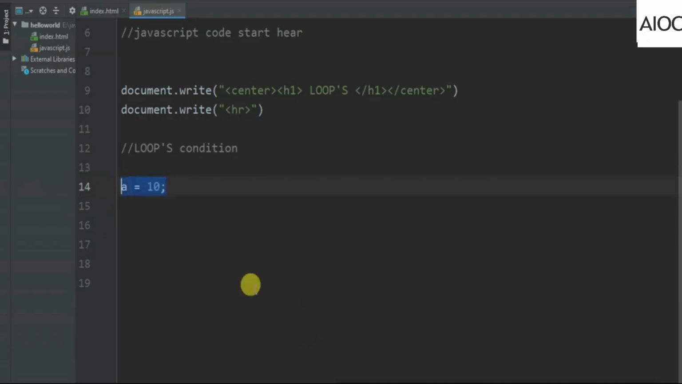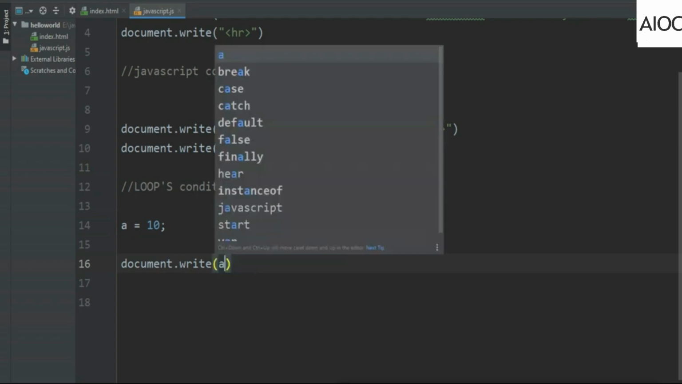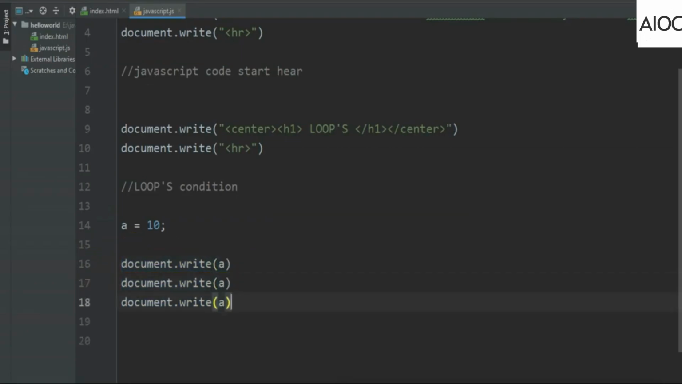This 10 is an integer. Okay, so now let's say what if I need to print this a 10 times? Yes, 10 times. So what I need to do is print this one by one, like a, this is 1 times 10, and then I copy this code and paste,